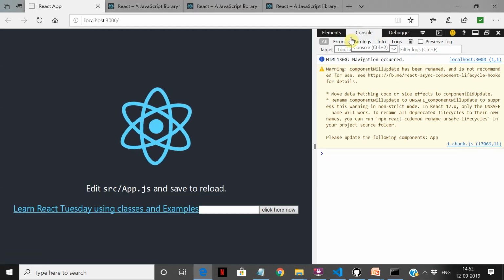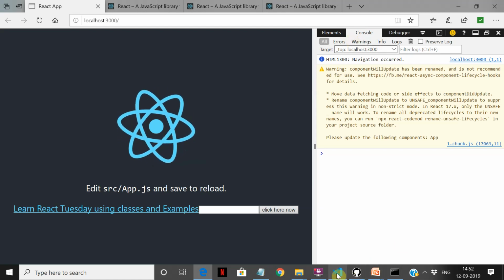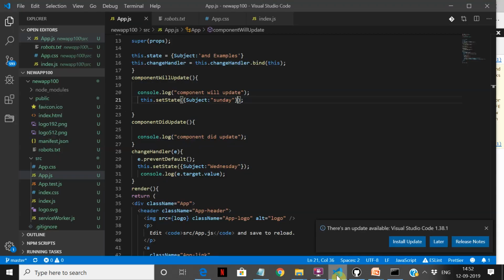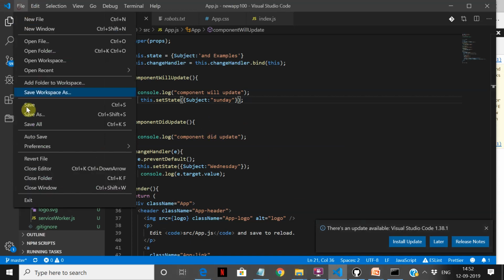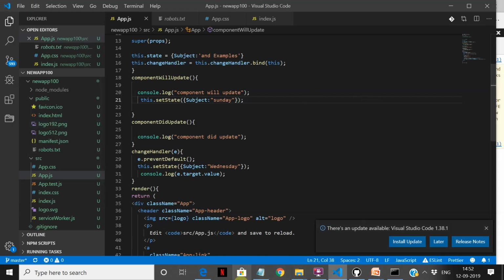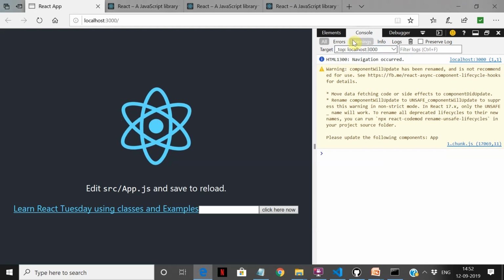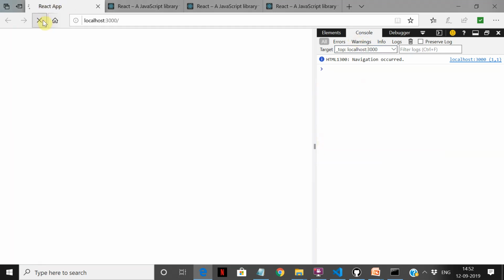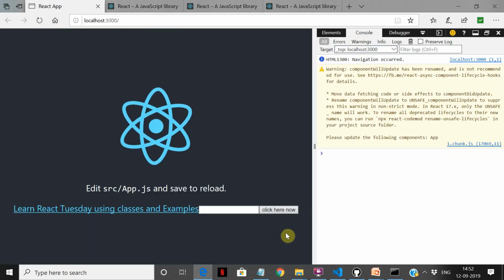So in will update, it happens on Sunday. It changes it to Sunday. So we have these two methods. Let's run all of this. If you see here, it has run before the component will update. Let us refresh this once and see all of this.